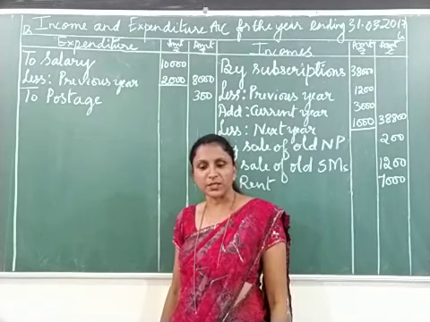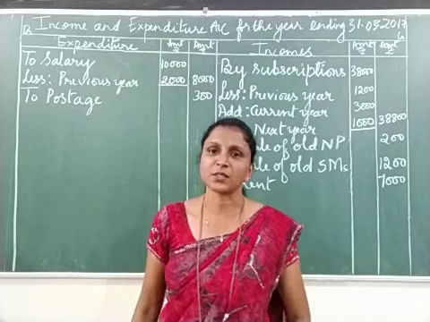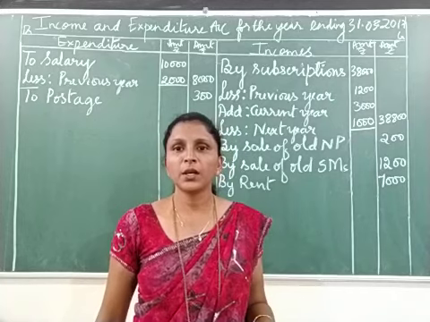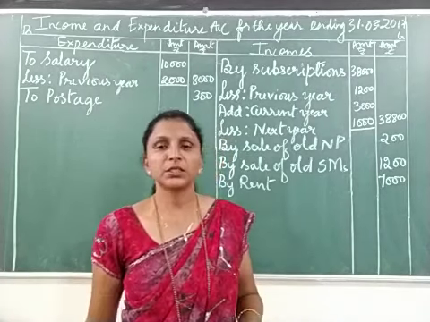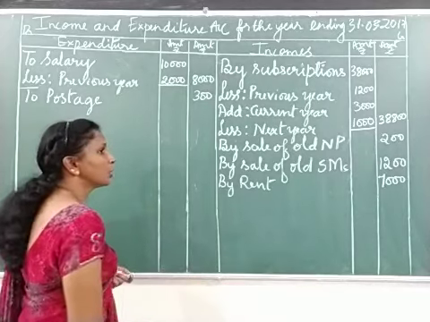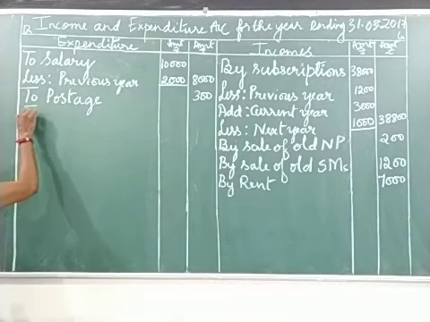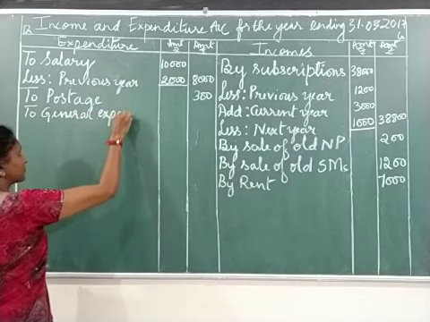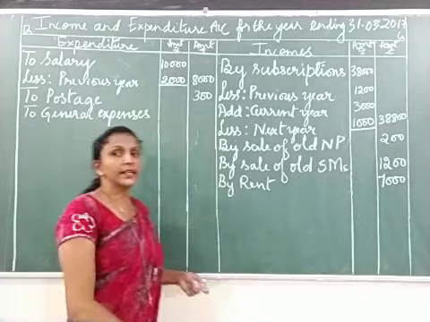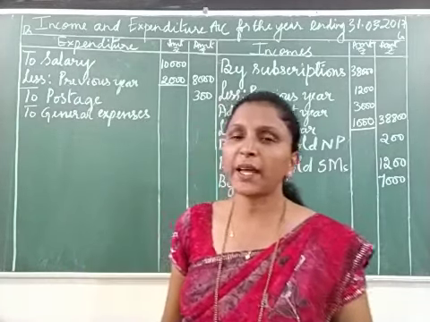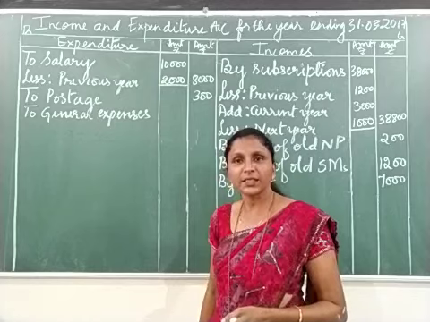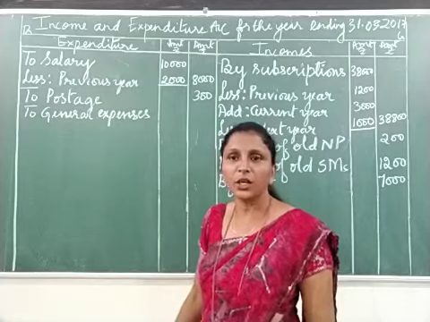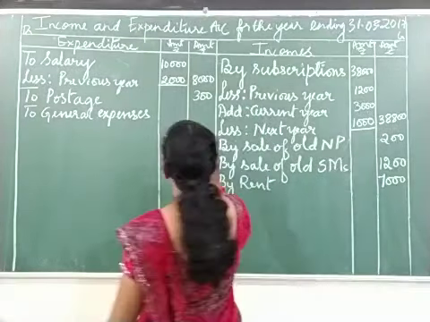Next one. To general expenses, other expenses or general expenses. General expenses, they occur regularly. Okay, so it is considered to be a revenue item. So put the tick mark. General expenses is a revenue item on the opposite side. To general expenses. Check, are there any related items to this in the previous year balance sheet and adjustments? I think there are no items related to that. So let's put the tick mark and we'll write it on the outer column. Amount is 400.